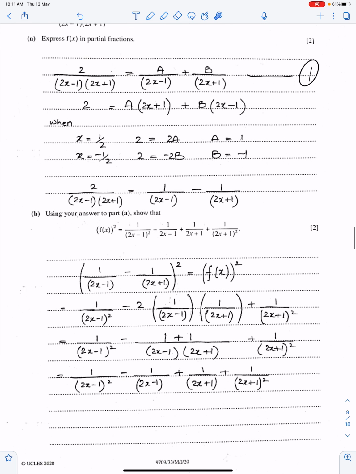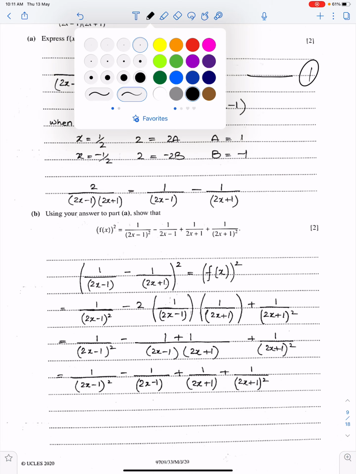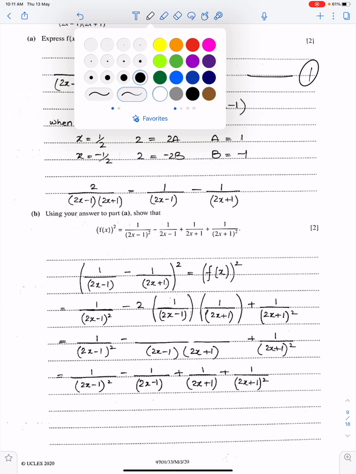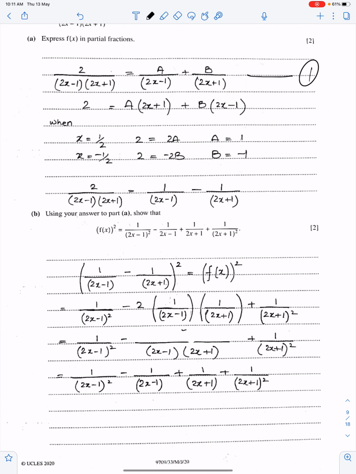One important thing, this is not 1 plus 1. This is 2 upon this thing. And since we have this fraction here, see,